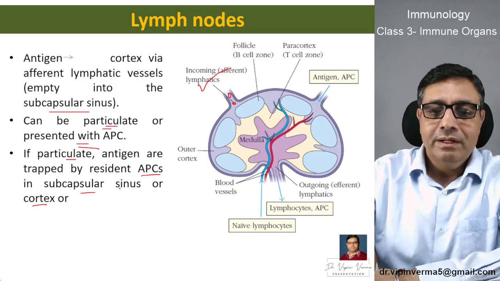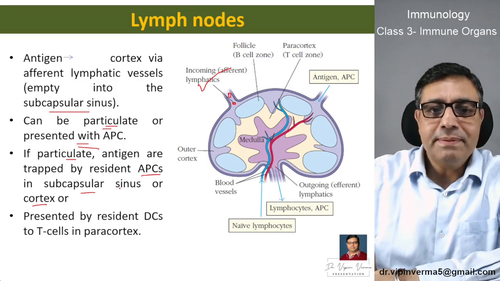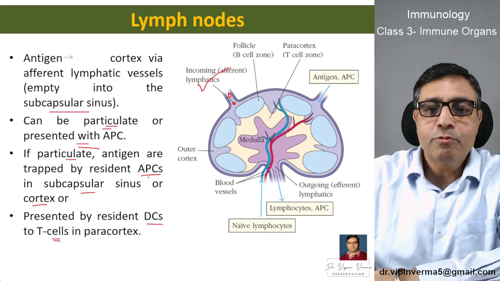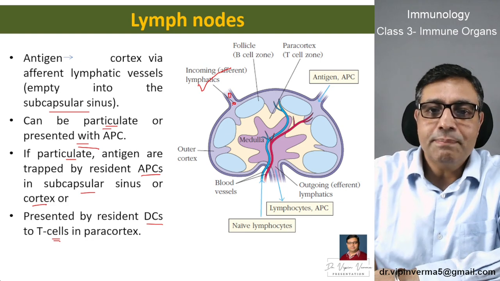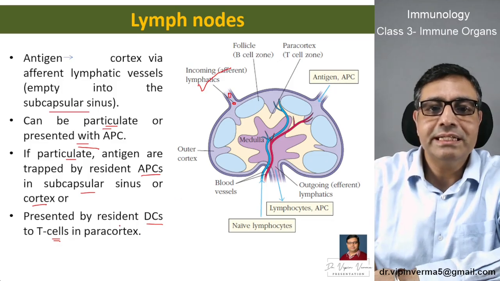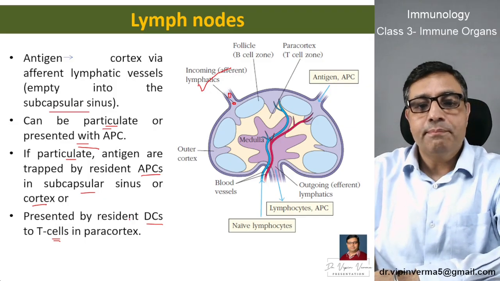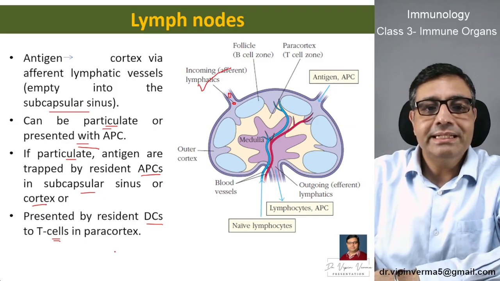Or it can be presented by resident dendritic cells to T cells in the paracortex. It may happen that the particle enters the paracortical region, where we have more dendritic cells. These dendritic cells can engulf this antigen